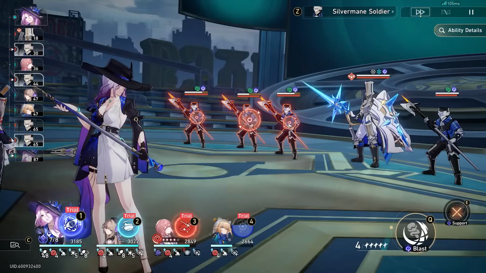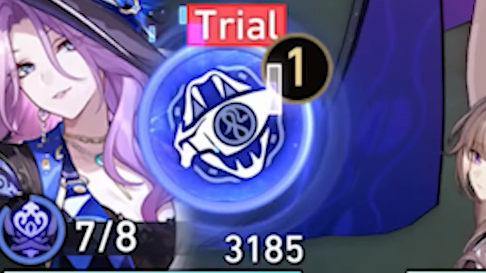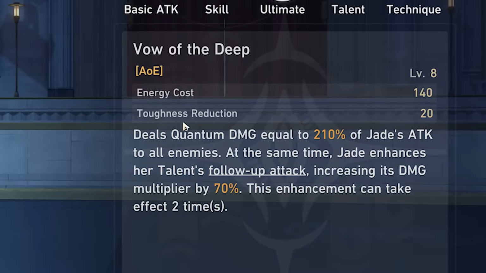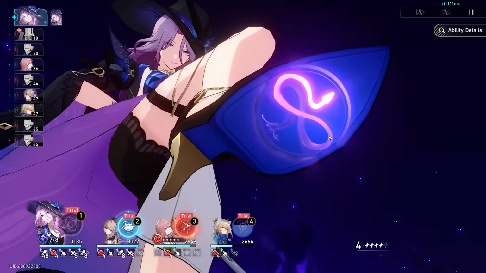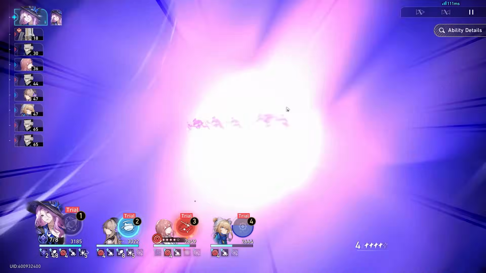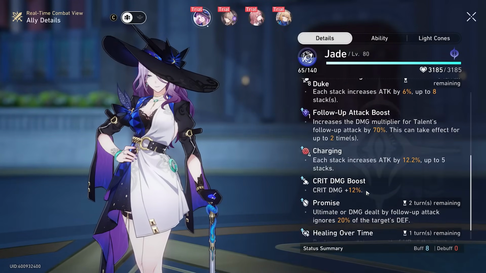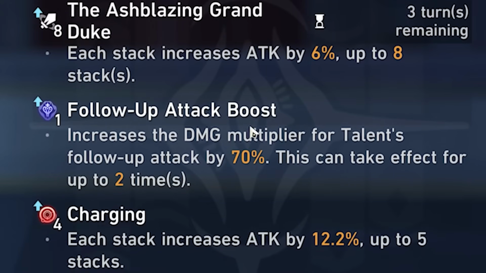Now, the last thing to mention about Jade is her ultimate ability. Now, I'll be completely honest. Her ultimate is probably the most boring thing about her kit. It is a simple AoE attack that gives us a follow-up attack boost buff. However, what is nice about it is the AoE that it does. Other than that, all it really does is give us this little buff right here, the follow-up attack boost